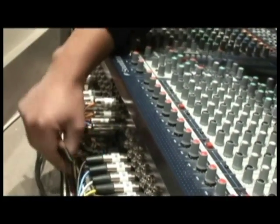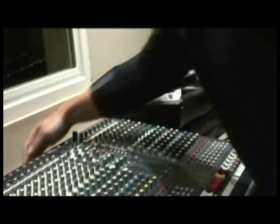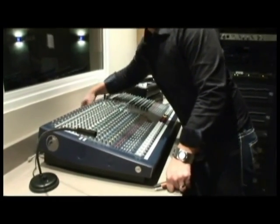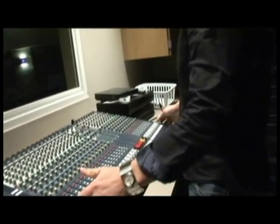Okay. When it's pushed out, can you guess what state it's going to be in? You got it. It's going to be off. So to turn it on, all you do is what? Probably push it in. Very good, children. Push it in. All right. So now that that's on,